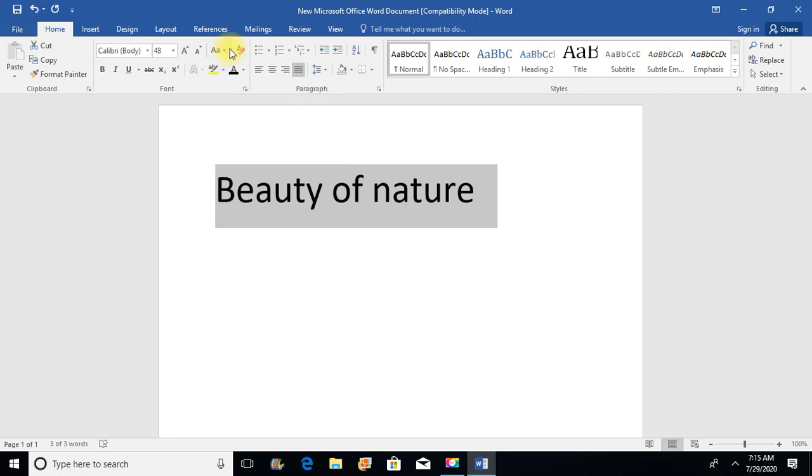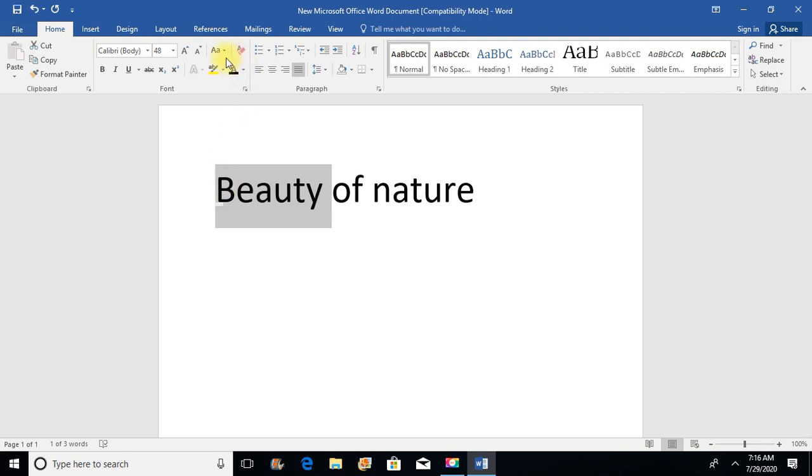You can change the case of the existing text without retyping by using the change case option available in the font group. Microsoft Word provides 5 types of case conversion. First one is sentence case. It capitalizes the first letter of the selected sentence. Select the text and apply sentence case. It became the first letter capital.